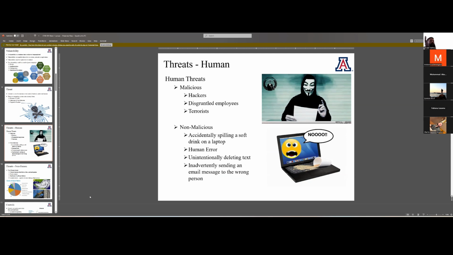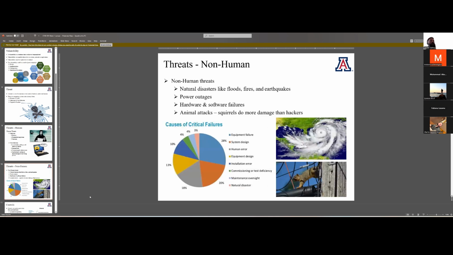Now, non-malicious, we've all dropped a tablet or a computer or spilled something or accidentally deleted something we didn't want to, right? That happens. That's not malicious. It's an accident, but it is still a threat that we pose. Now, non-human threats, right? This is pretty straightforward. And there's a little bit of comedy on the slide with the squirrel eating the cables there.